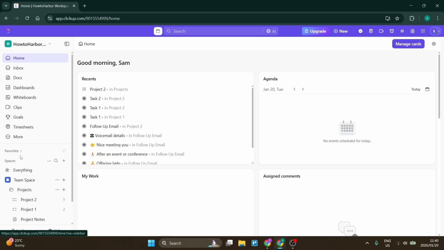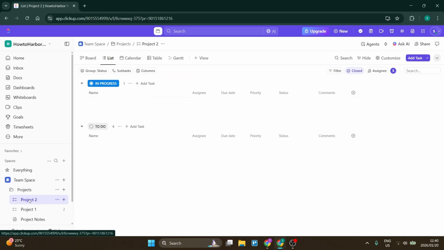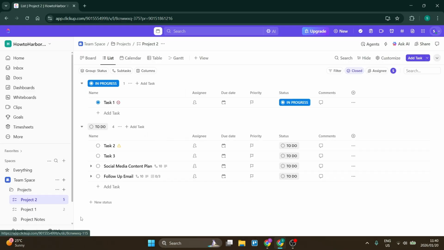Today I'm going to show you how to build views in ClickUp. So what we're going to do is go down to our space over here, and in our project we will see we have different projects. So this is project 1, project 2, and the little number next to the projects is the amount of tasks